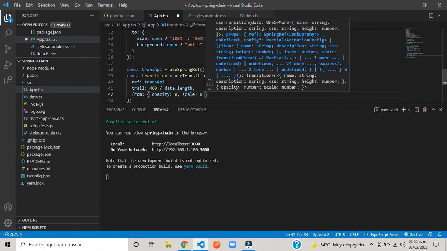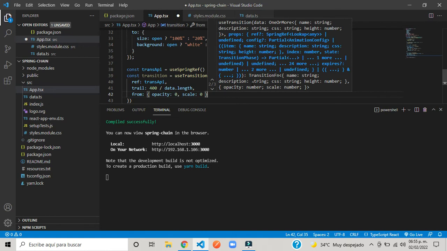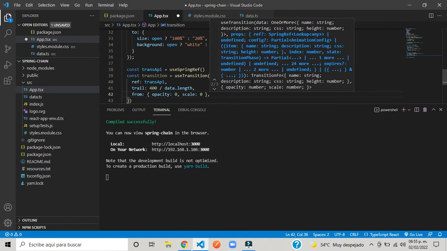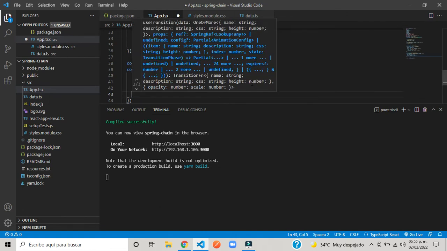Like if the size is zero, is minimum, and when you increase the scale, what it does is like it looks like the component pops up. Yeah, I don't know how to say pops up, like appears,